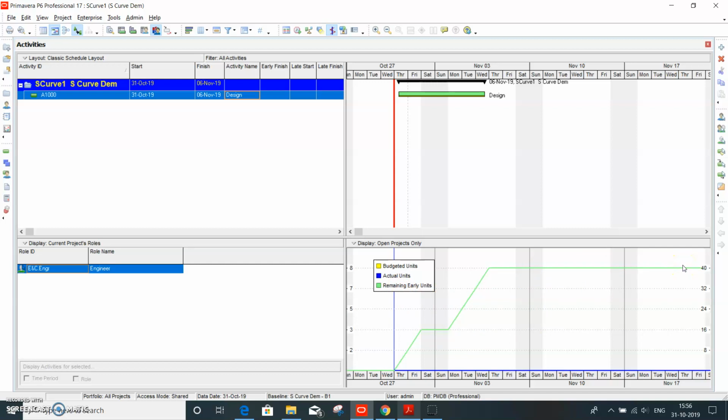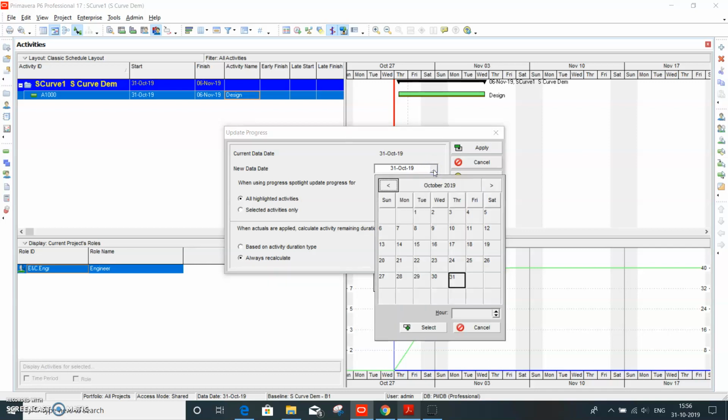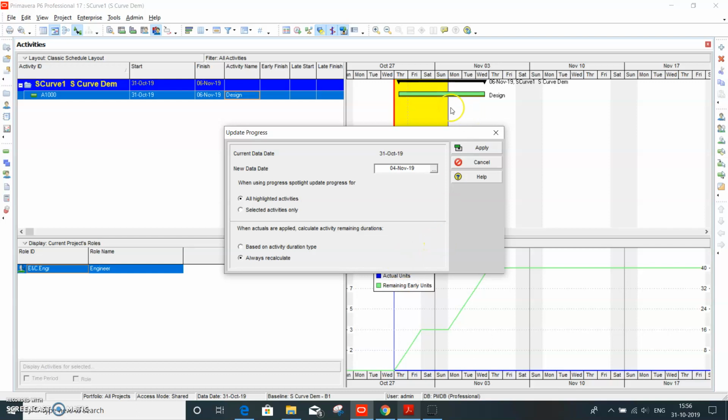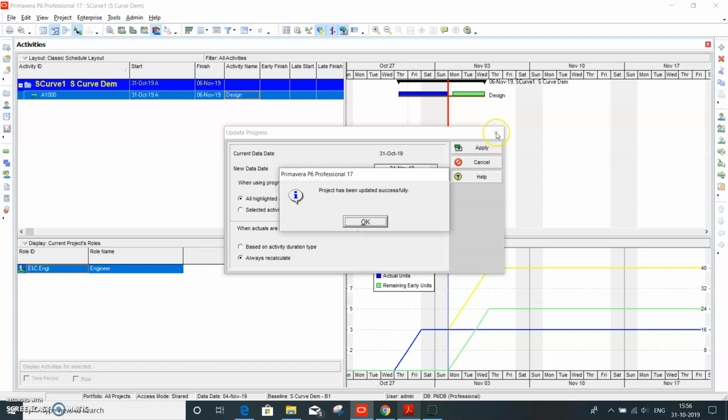Now what we can do is update the project. We'll update the new data date and see what happens. For example, let's say November 4th, we'll take that and select it. So up to this one, and apply. The project is getting updated.